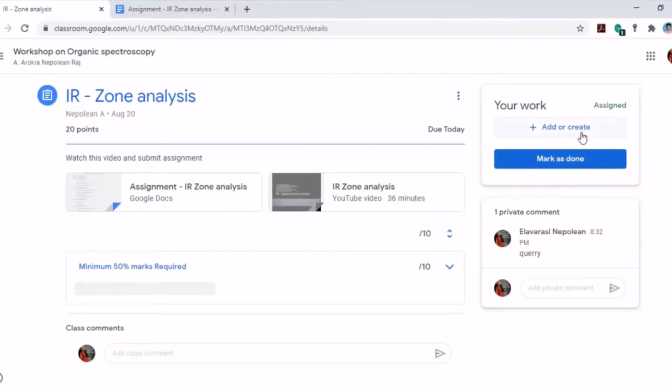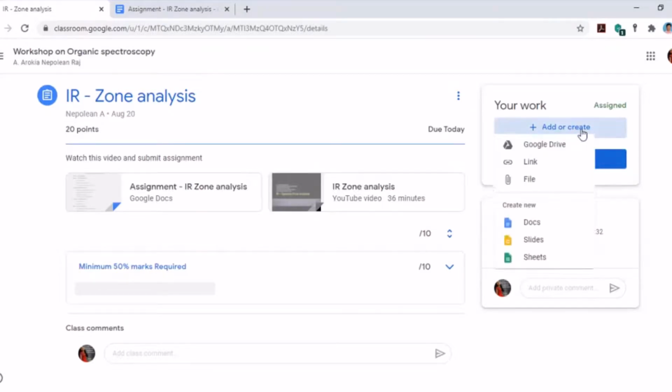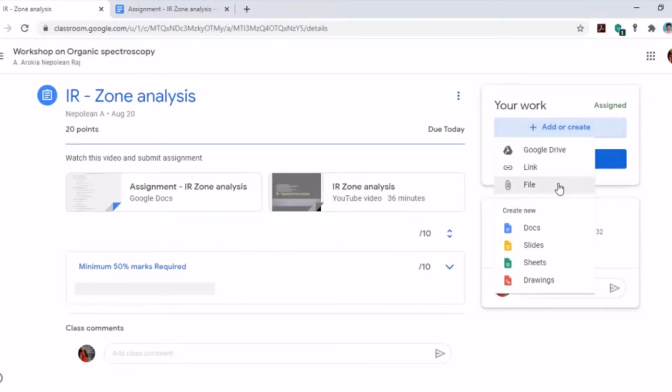You can go here and click here. You may write your answer in a different format. You can type your answer in Word and save it on your computer. That's okay. Or some people write on paper and take a snapshot. That is also fine. You do all those things and attach those files.